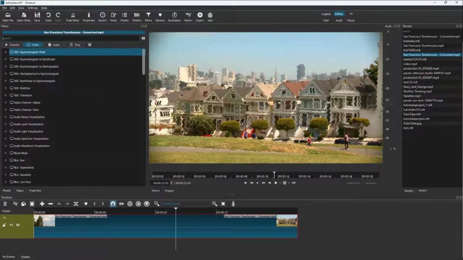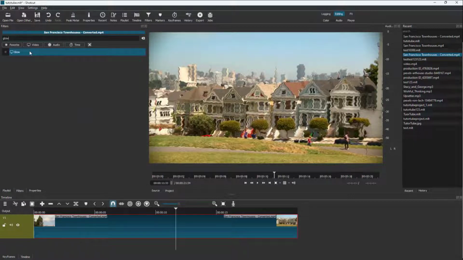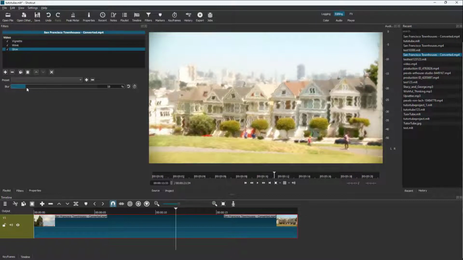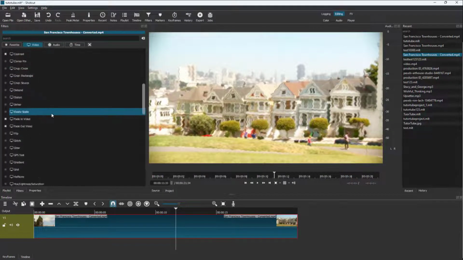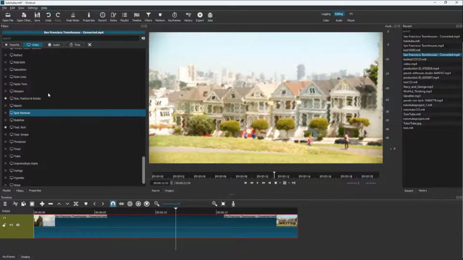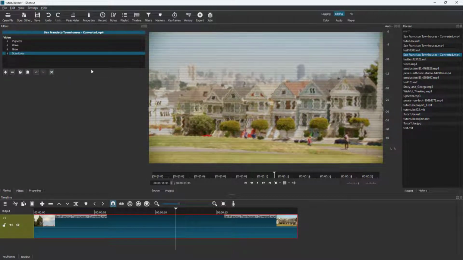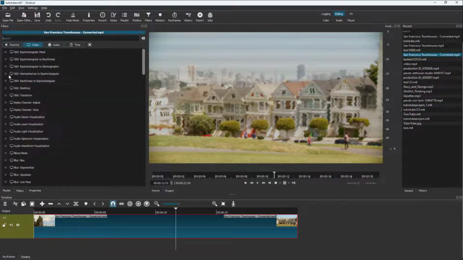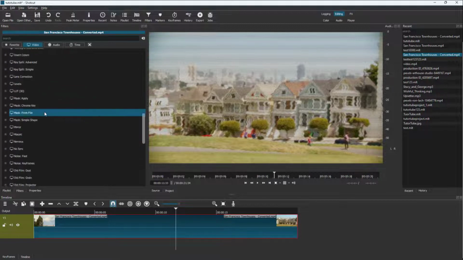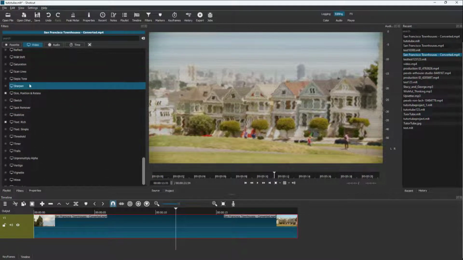Let's say, for example, I want to search for a particular effect. I'm going to type glow right here. Then what happens is that the glowing effect is applied onto this. You can go onto filters and add in as many effects as you want, but when you have a lot of filters, it does actually start to slow down as well, which is normal. After you export the video, all of the things are actually